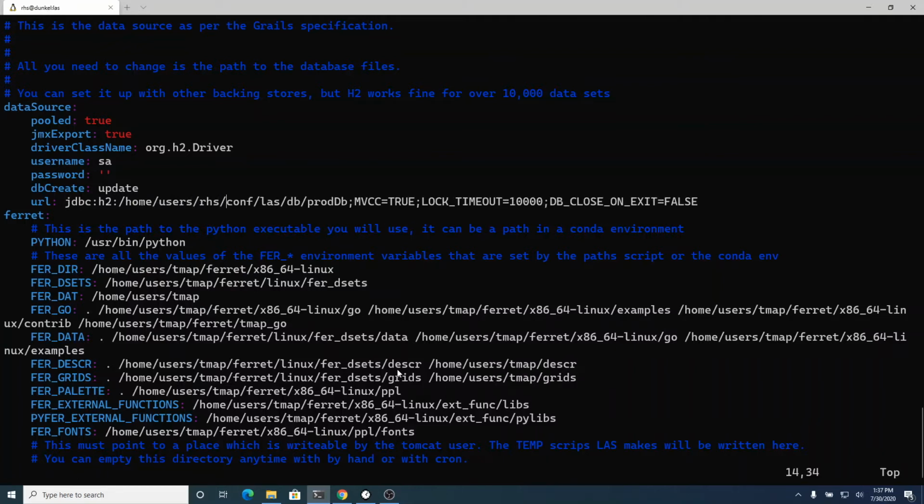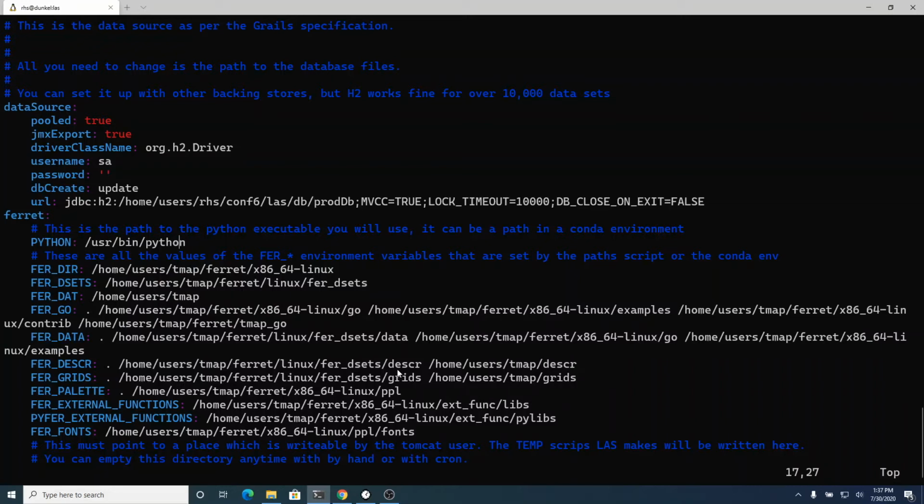And we decided that it would be conf6 LASDB. So when LAS starts up, it'll make a couple of files in there with the proddb as the file name root. So that's where all the information that LAS is reading when it's in production, that has all of the dataset configurations in it. That's where that information will be stored.